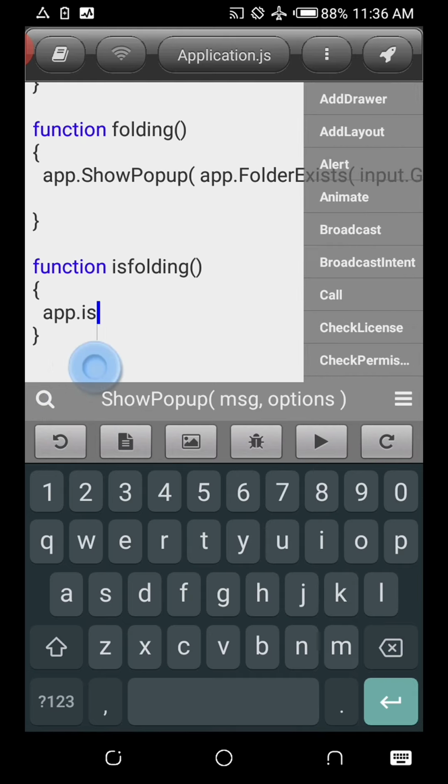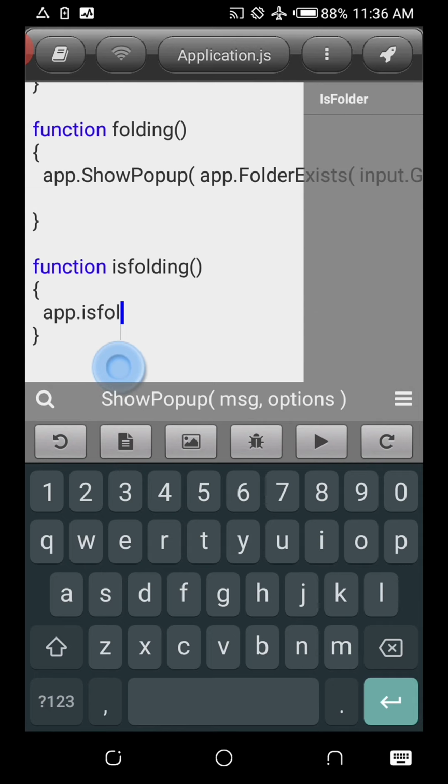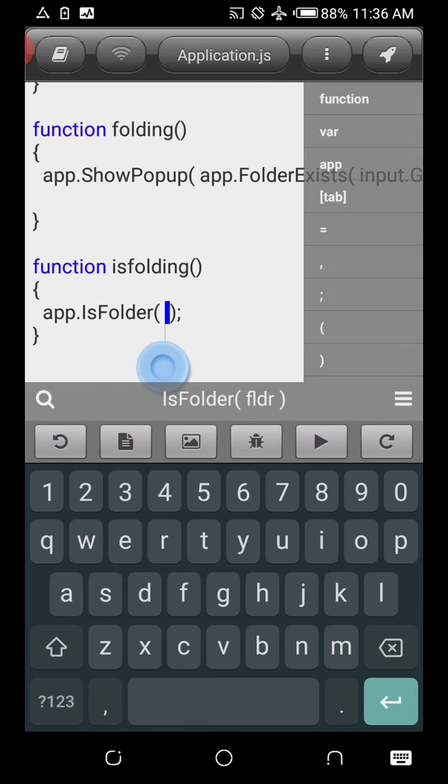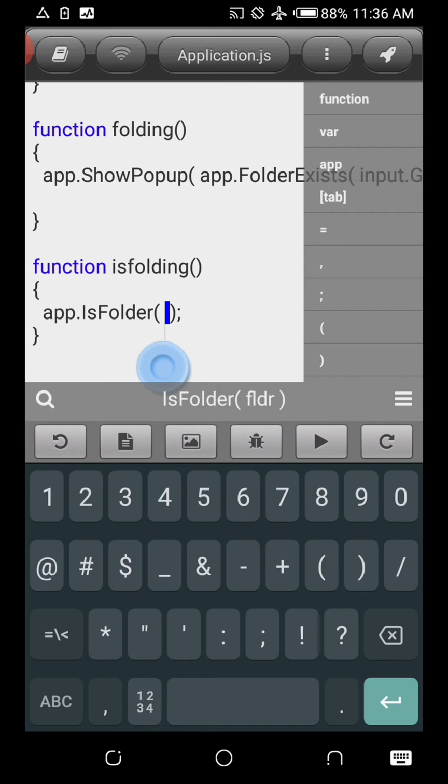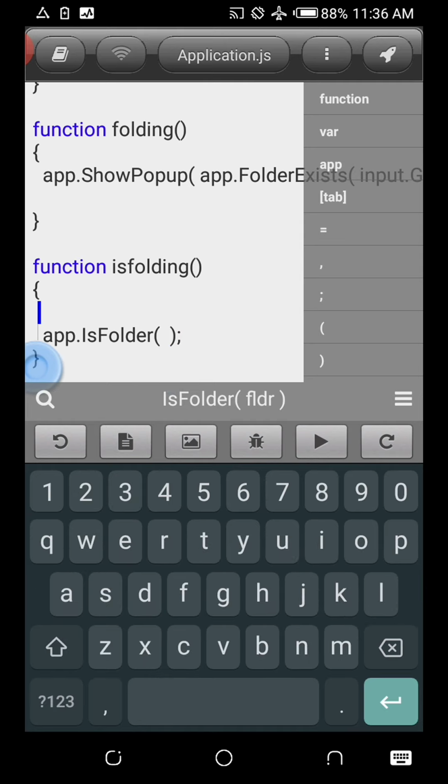What is folder actually does is that it checks if that specific folder leads to another folder. So yeah, let's try to call the same one. We use the same input, or rather we can just call it from here, input dot